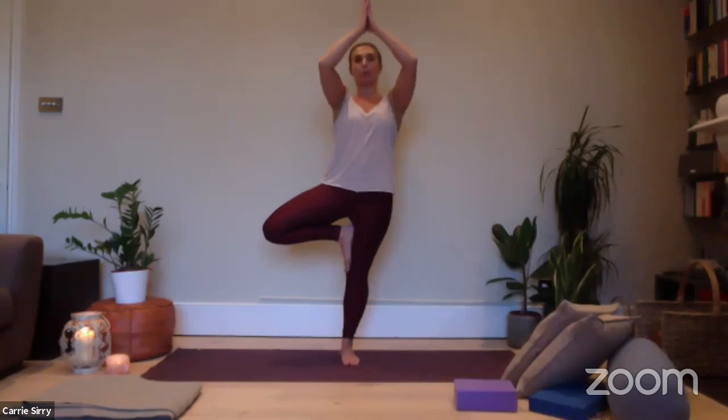So find that spot point that's going to help you. And then just take the foot either to the calf or to the ankle or all the way up to the thigh. Make sure that foot's not resting on any joints, so don't let it rest on the knee directly. And then taking your hands to the center of the chest, thumb presses into the sternum here and find that focus point. Lift up nice and tall with the chest and maybe bring the arms up overhead and connecting index